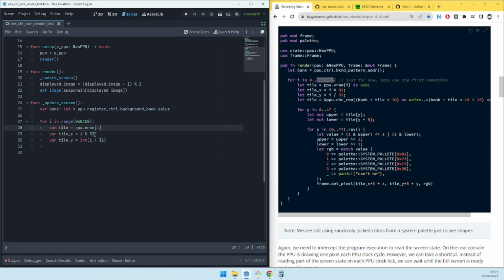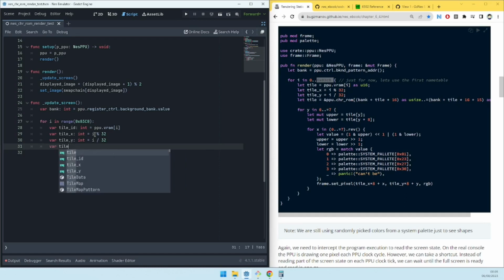So this one I will name tile ID. Actually, I think this makes this unnecessary because I am using type hint now. Var tile, type packed byte array